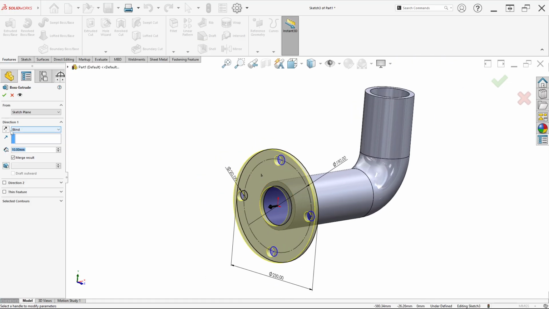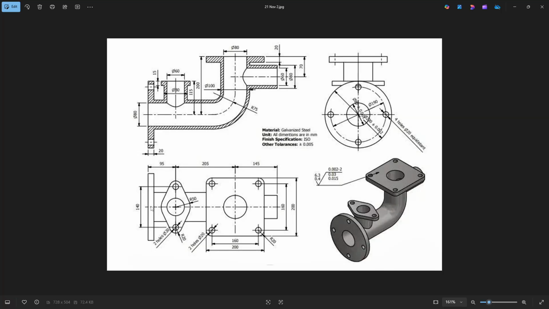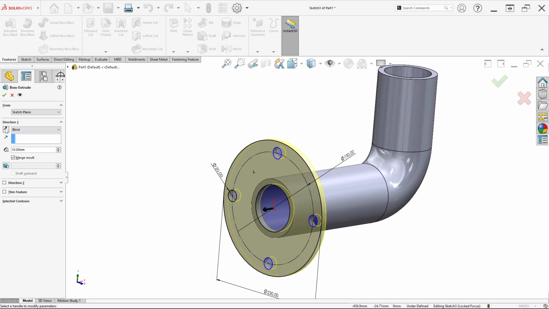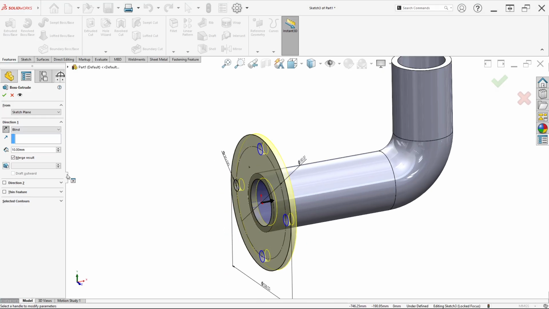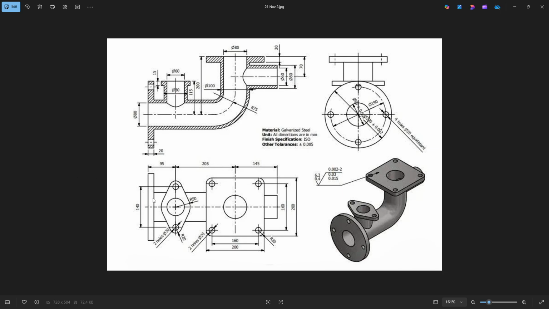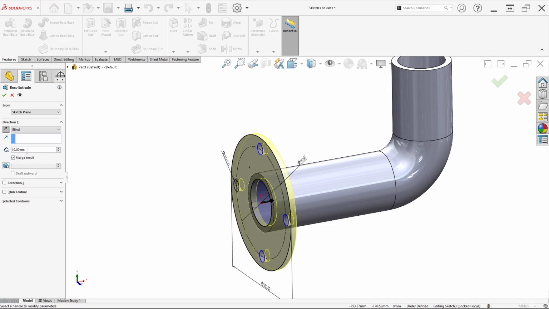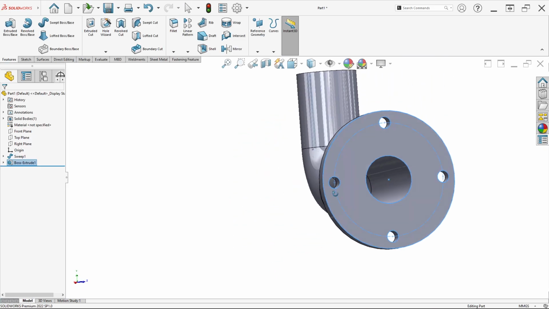Direction is blind, but we can reverse the direction to this, because the total distance from here to here is 300, so you must go inside like this. Then the thickness is 20 millimeter. Then click OK, like this.